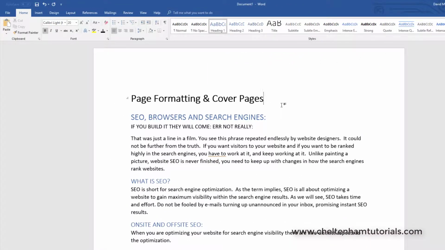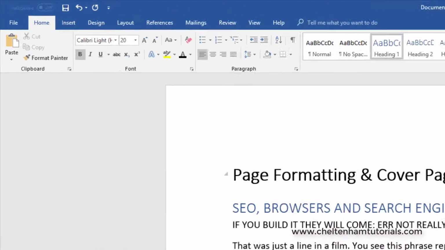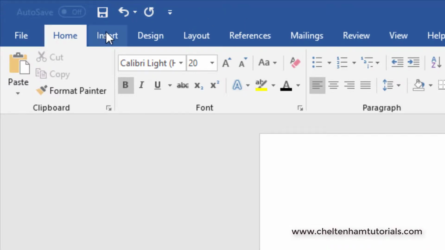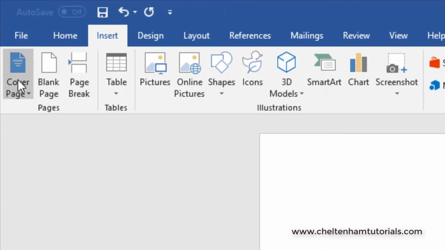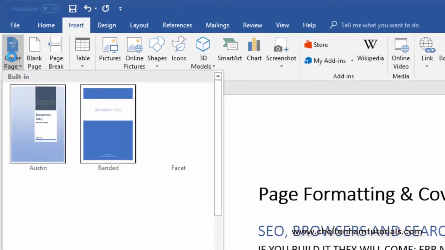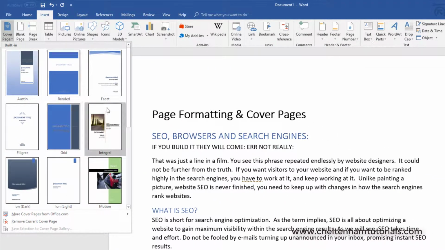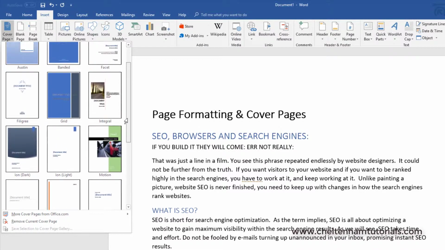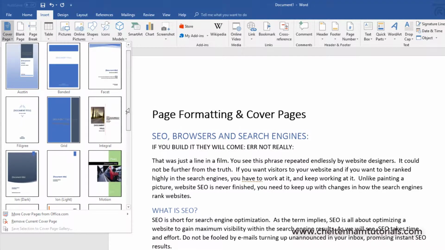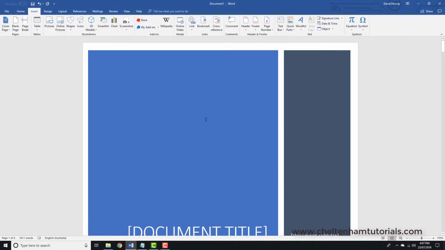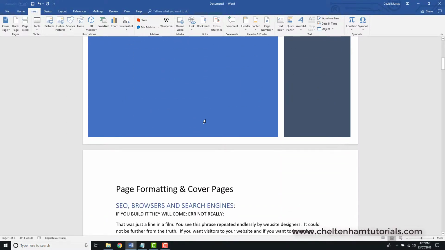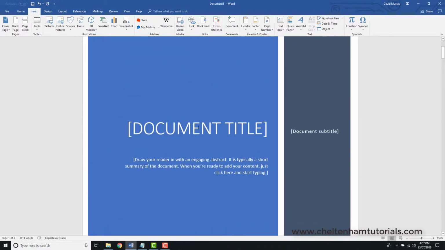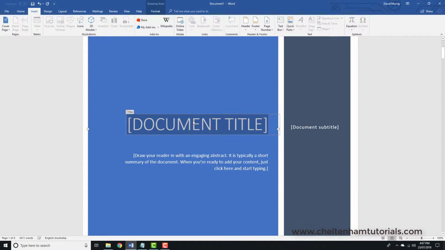Now another nice feature that operates at a page level is a cover sheet. So I click on where it says Insert here, I can click on where it says Cover Page, and from there I can select all these different formats here. So as you can see they're quite attractive. So let's say I wanted maybe this one here. I could click on this and that would insert this as the first page, then you've got the rest of the document. So in here I could just simply type in there to describe what the document's about,